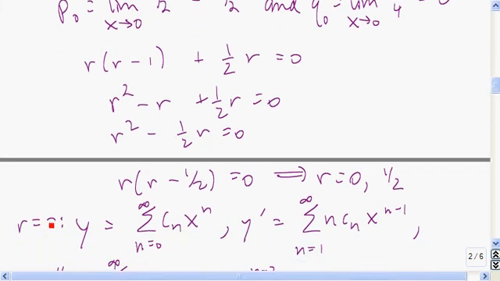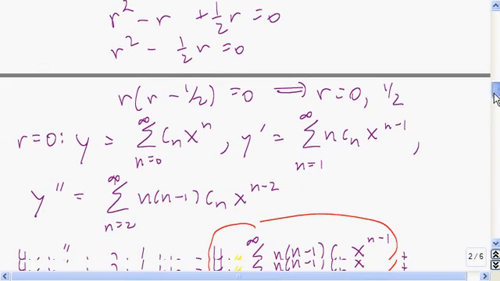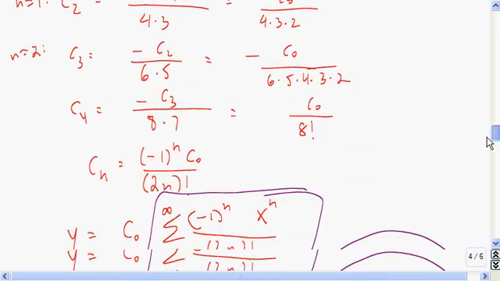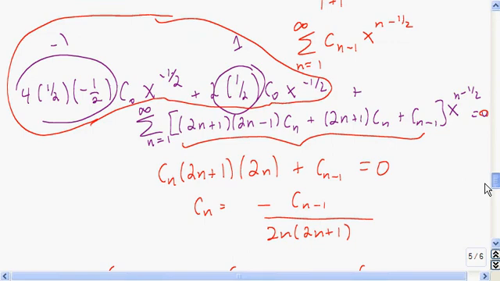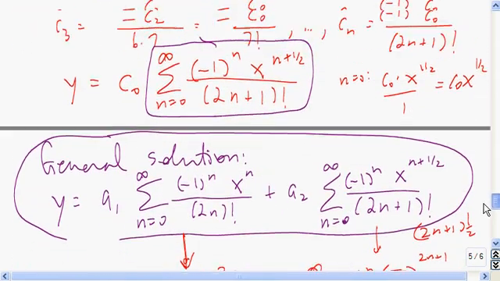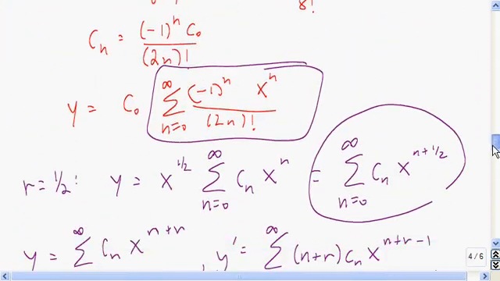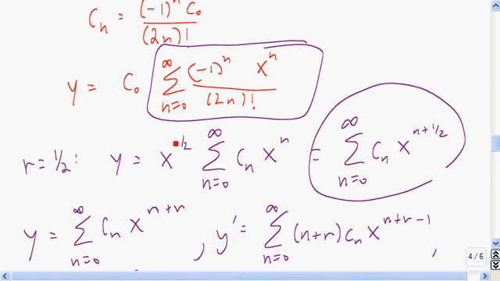Okay, those give us the powers of r, and then we just plug them in and find them individually. So yeah, okay, so here r is 1/2. I multiplied my old series solution by x to the power of 1/2 and then proceed as you